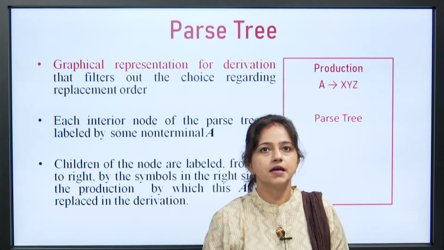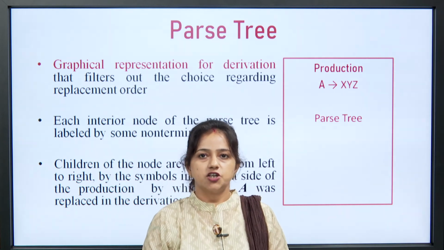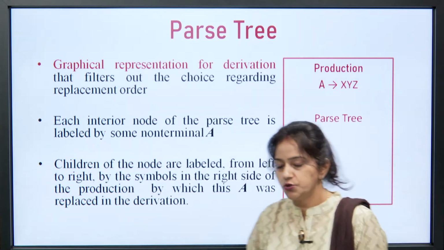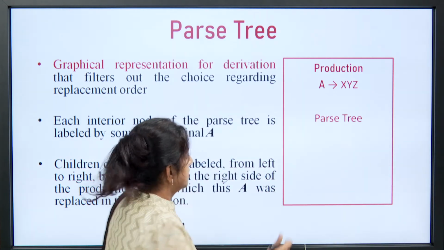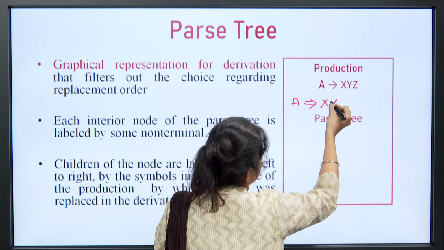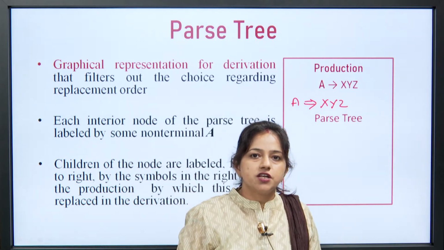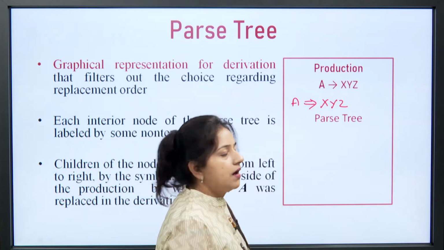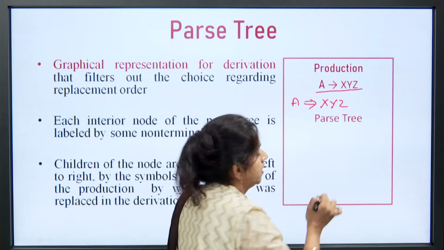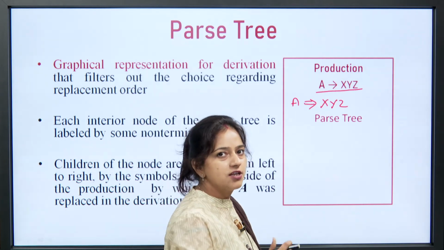Now, the next topic is the parse tree. A parse tree provides a graphical representation of a derivation. Suppose we have the production A to x, y, z, and suppose in some step we have A derives x, y, z. For this derivation we can construct a parse tree. What is the idea actually? We are doing this derivation using this production, so while doing the derivation we will go to the production that we used. So, it is A to x, y, z.